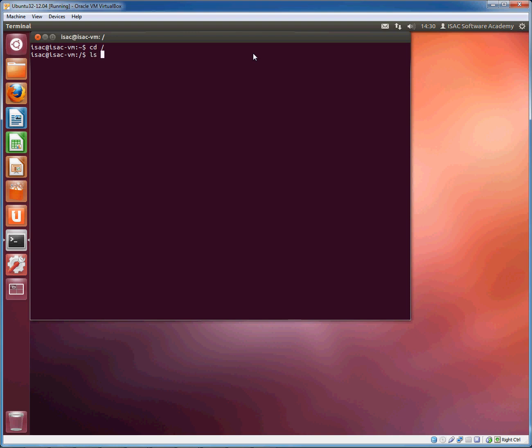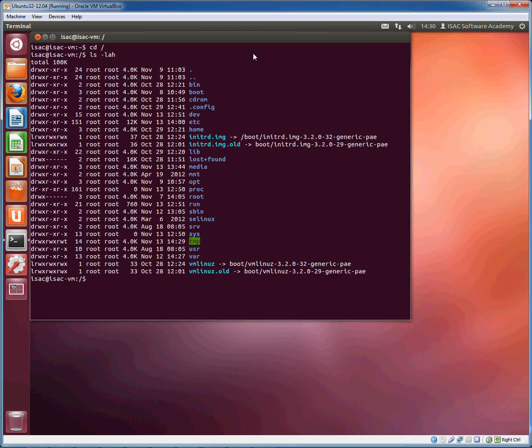Now if we do a listing, we can see some of those ones that I was mentioning earlier: the /bin, /boot, /dev, /etc, /home. Now obviously all of these don't actually have a slash in front of them. This is actually what is referred to as an absolute file path, and it is used to reference the exact location rather than what you can also call a